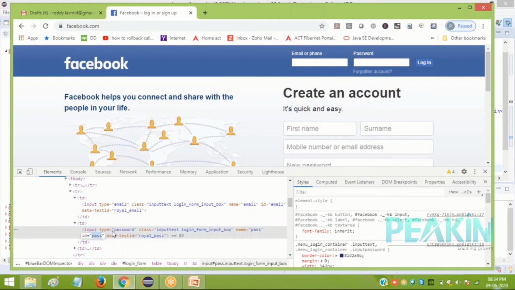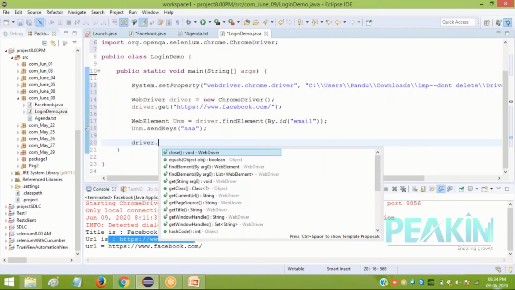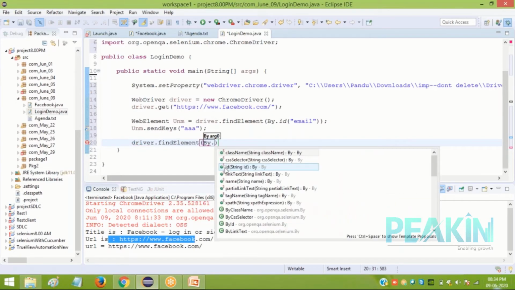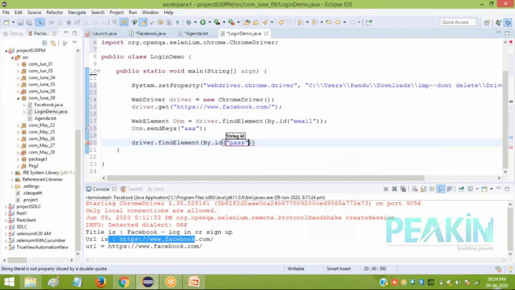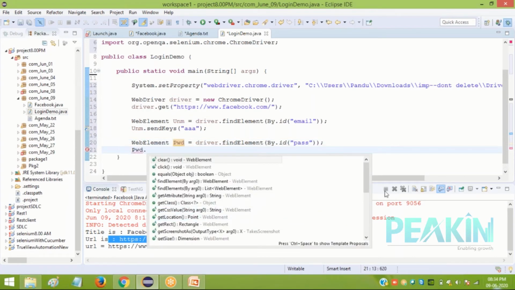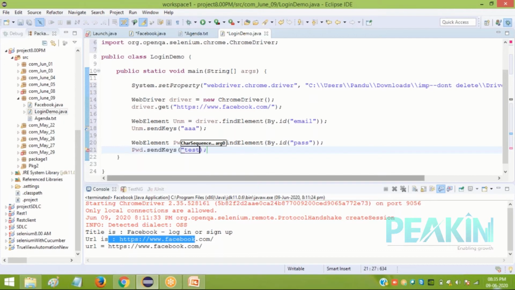Copy this value and find an element, driver dot single web element finding how by dot ID, and it's a string input value you're passing to it, semicolon. Again, this collected web element, I'm passing it to a variable, password, a variable name. Now to this password, you're entering some data, right? So password web element dot send keys. Send keys will be down and enter the data, whatever you want as a string.